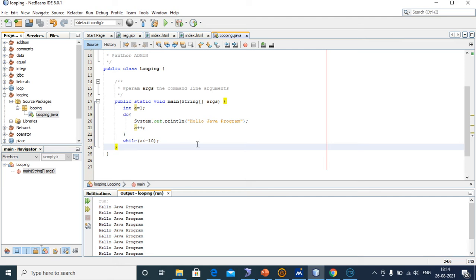In Java we also have the break statement and also the continue statement.